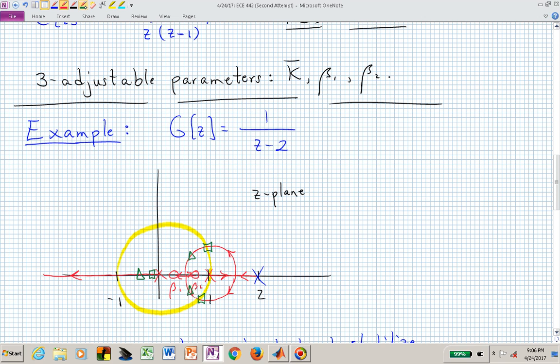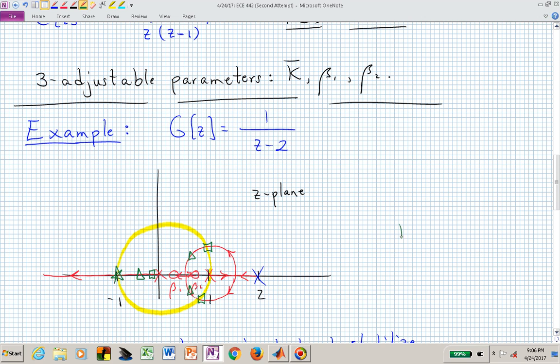And finally then, while those 2 poles are marching off to the finite zeros at beta 1 and beta 2 as we increase the gain, this third pole will zip out of the unit circle,